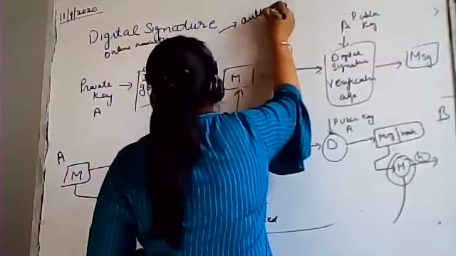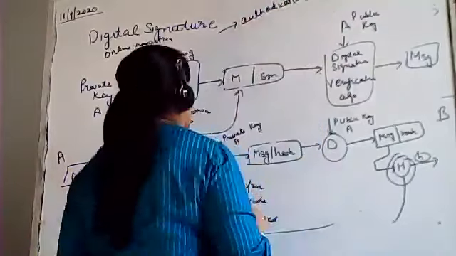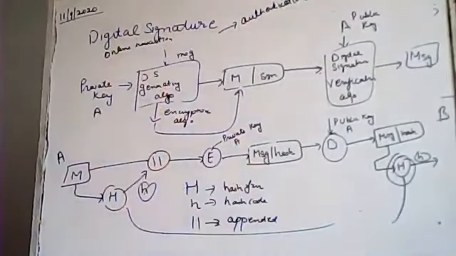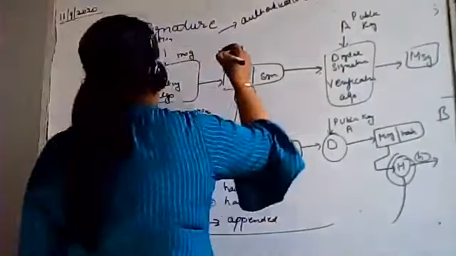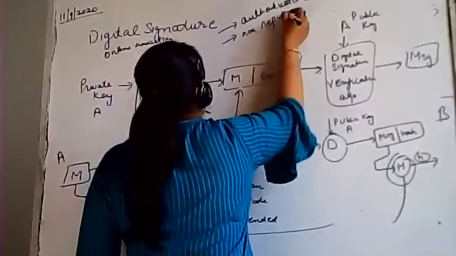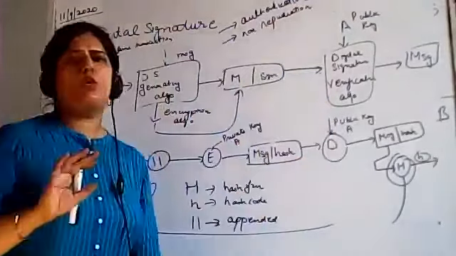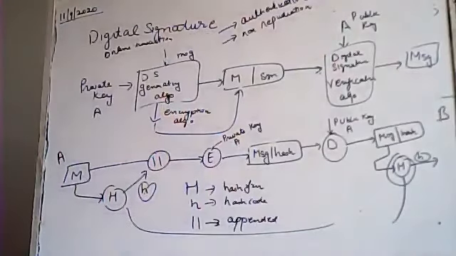We use this digital signature concept for authentication, so that of the two parties, no one can deny the sharing of that particular data. So we require this message authentication, or non-repudiation. We have already discussed this term, non-repudiation. Non-repudiation means that of the two parties, no one will deny that particular thing.